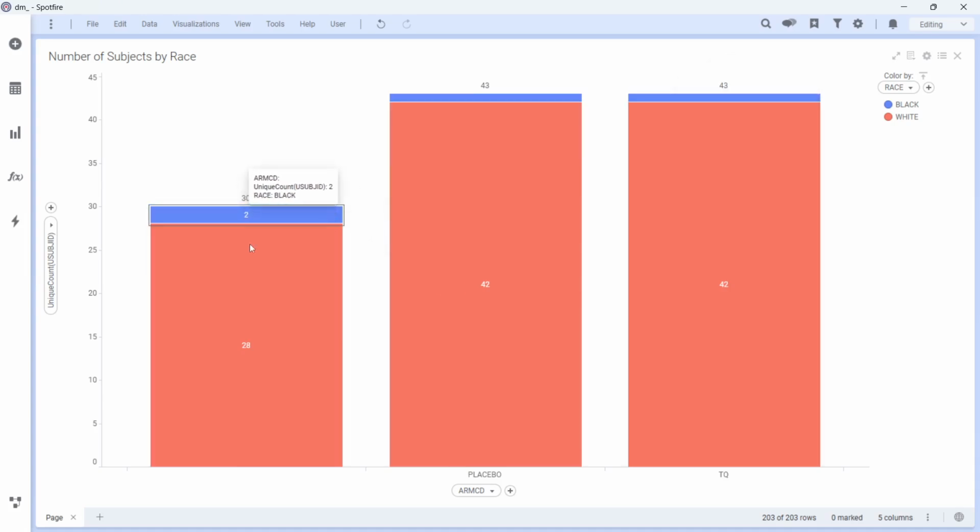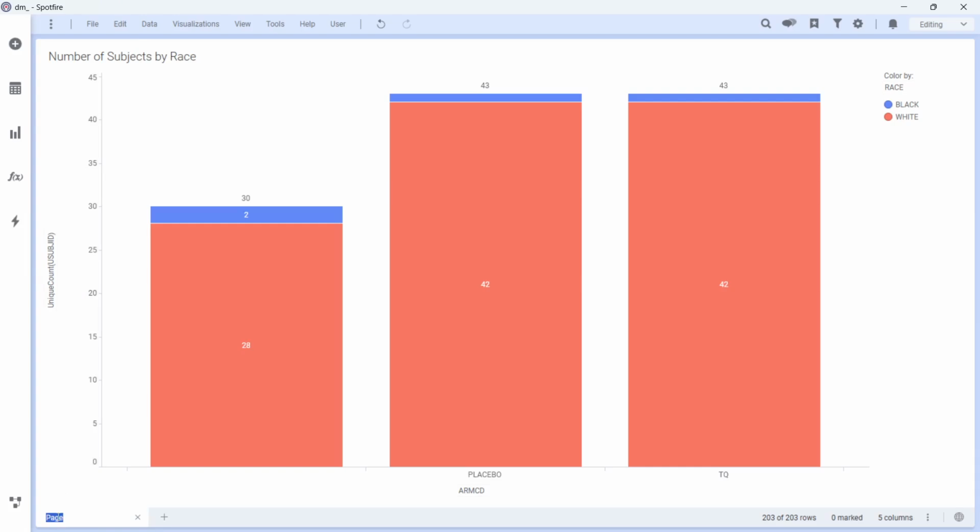Okay, and here is 30, so 28. So this is a bar chart showing the number of subjects by race, how many subjects by race. The 28 are white, so these people don't have any medication. Only these 42 have the placebo, 42 have the main drug, and the 28 others don't have any drugs. Okay, so this is a simple bar chart, so we just change back to